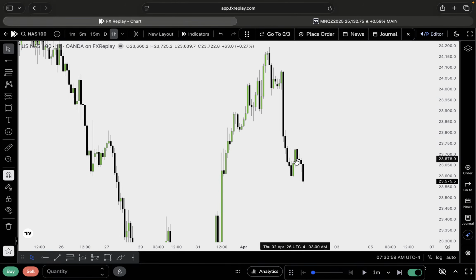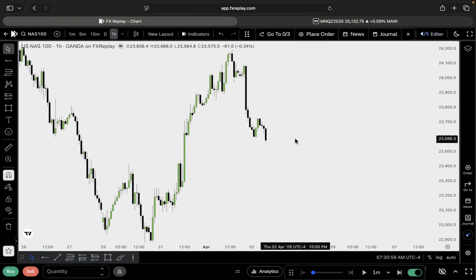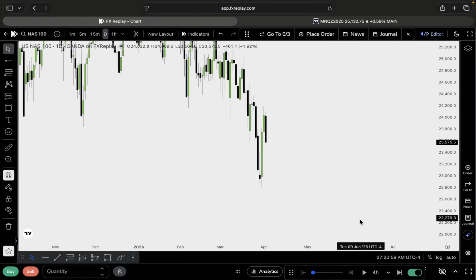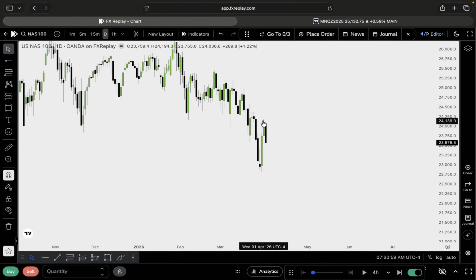Had an overnight push to the downside, and now we're inside of this bullish inefficiency right there. But let's look at the daily real quick. Daily still respecting this bearish inefficiency, now that we traded down to this one. Now this can either play out both sides of the range. This can either invert this bullish inefficiency and try to work for this low, or we remain bullish out of this bullish inefficiency right there to then potentially rise up and probably take the previous day high out, which is this,